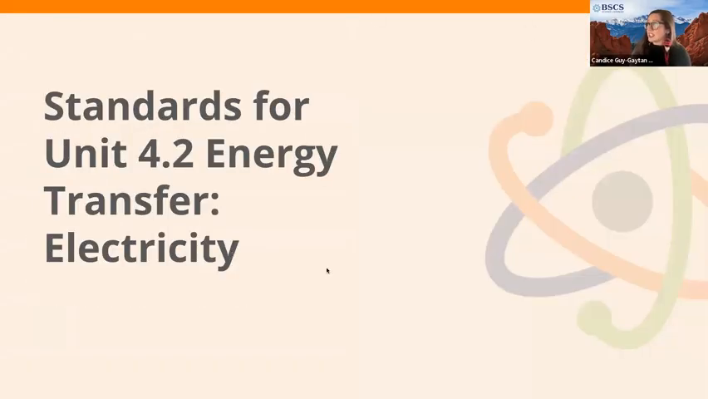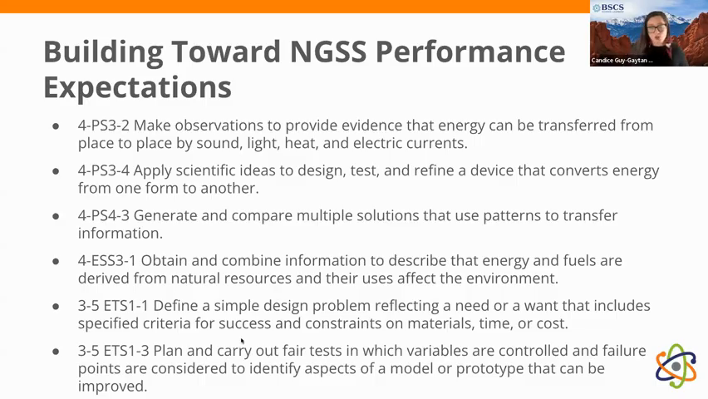Okay. Standards for Unit 4.2. So now that you have a sense of how ideas are built in this unit, let's talk a little bit about these performance expectations that we're building towards. This is a meaty unit, as you can see here. The unit builds towards 3 different physical science performance expectations, 1 earth and space science performance expectation, and also 2